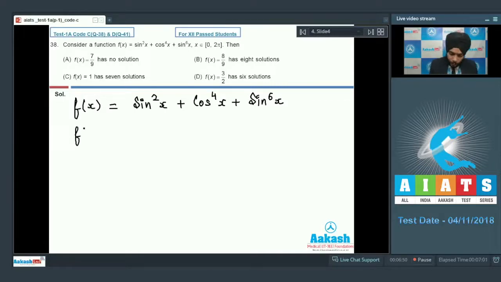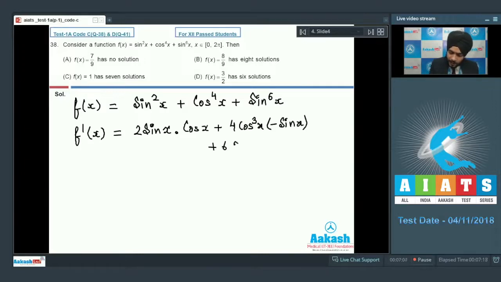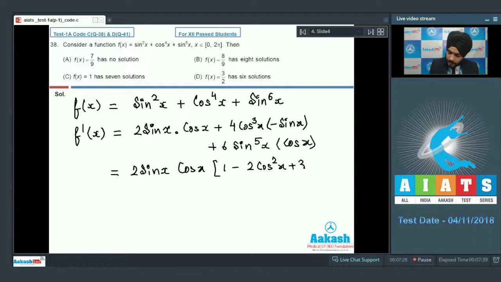So f'(x) will be equal to 2 sin x cos x plus 4 cos³x into minus sin x plus 6 sin⁵x cos x. That means let us take 2 sin x cos x common: 2 sin x cos x into (1 minus 2 cos²x plus 3 sin⁴x). Replacing cos²x as 1 minus sin²x, I will get 2 sin x cos x into 3 sin⁴x